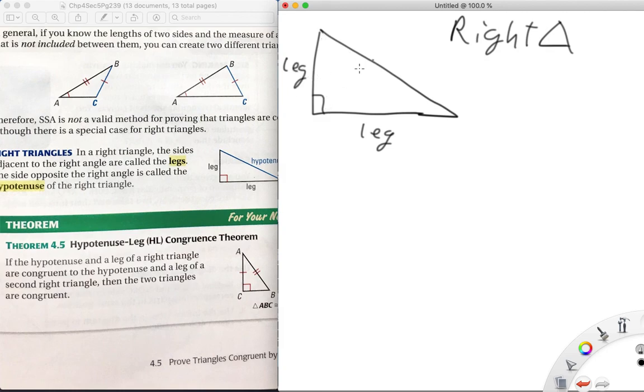The side that's opposite of the 90-degree angle, so here's 90 degrees, this guy is directly across from it, is called the hypotenuse. Alright, so we have another theorem called the hypotenuse leg, and this only works for